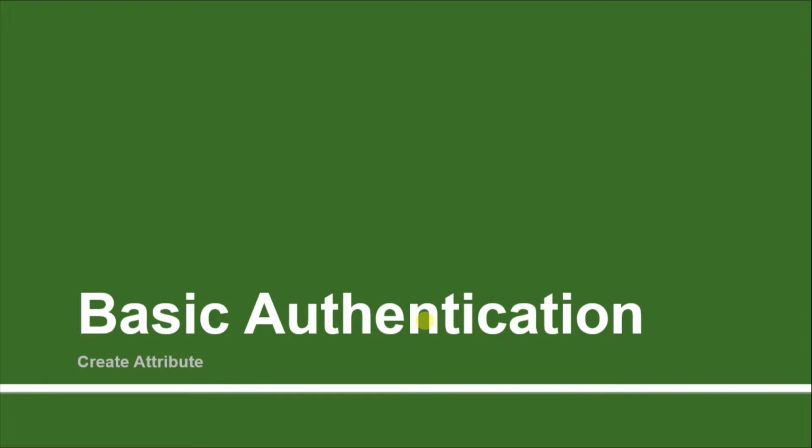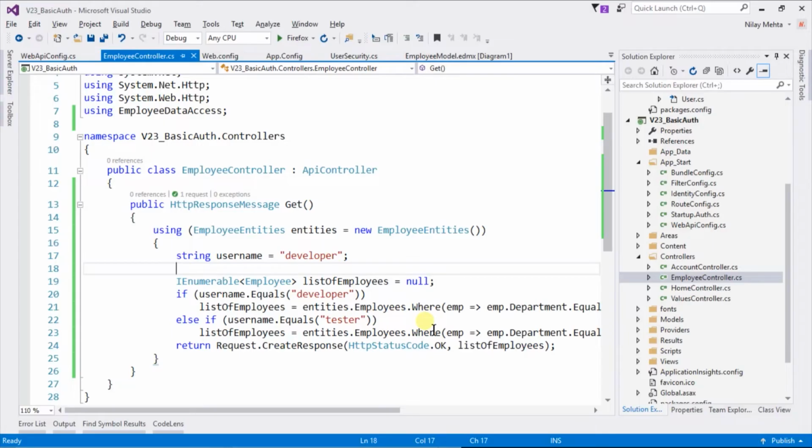In a previous session we have created a user security class in which we created one static login method. In this session we are going to create an attribute for our basic authentication. Let's switch to Visual Studio,